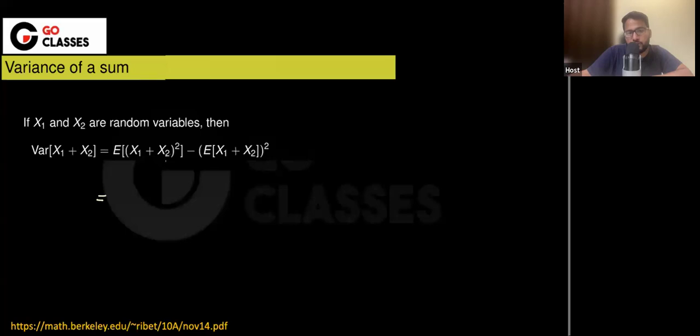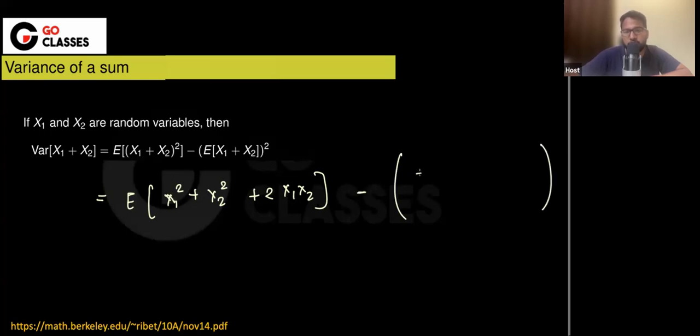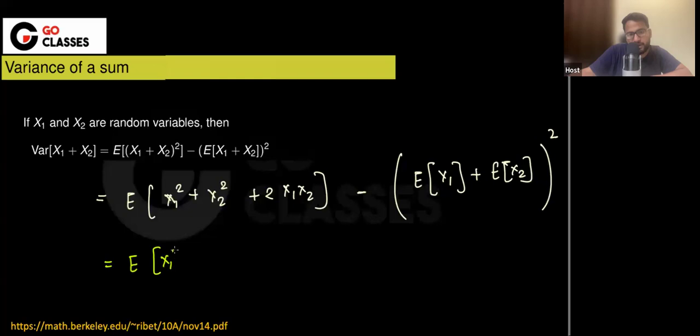Okay, so what you can do, you can just expand this: expectation of x1 square plus x2 square plus 2 x1 x2, right? Minus this quantity, which is the whole square, right? So that's why this is expectation of x1 plus expectation of x2. Now, you can just apply the linearity here: expectation of x1 square plus expectation of x2 square plus 2 into expectation of x1 x2,